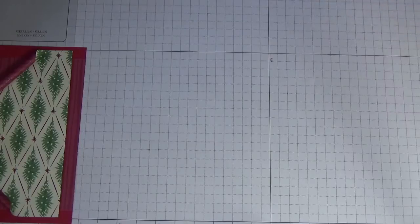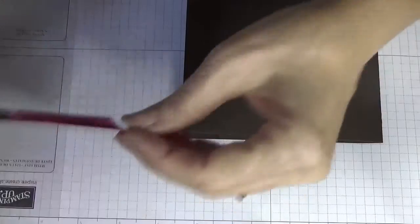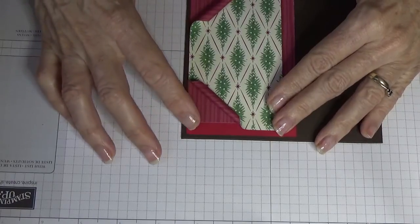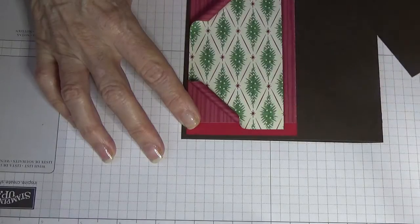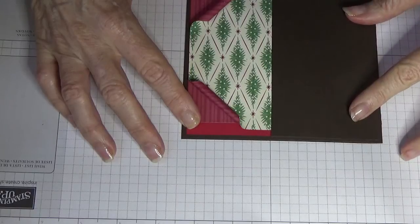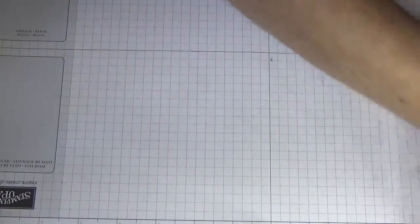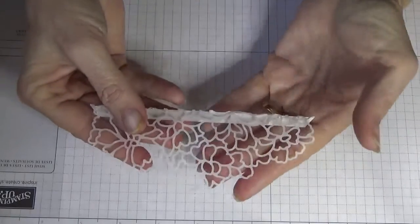And I'll just have a look where I'm going to have that sitting on this side. I'm going to have that sitting about there. And then I've got a piece of Early Espresso which is going to go about there. Okay, so what I'm going to do, the Thinlits I showed you before, I've gone ahead and pre-cut one out,